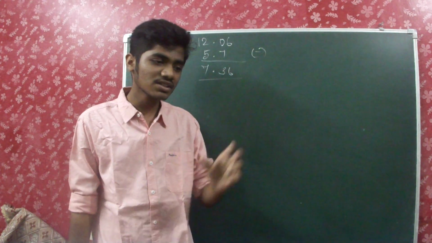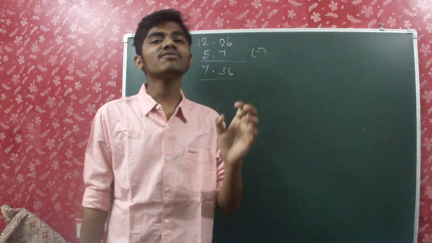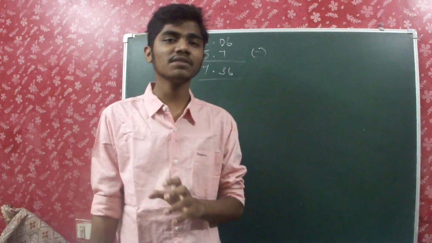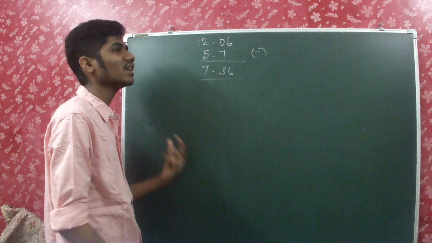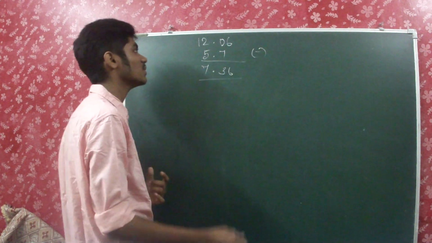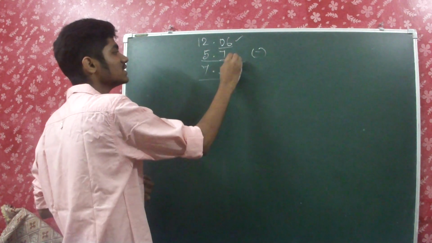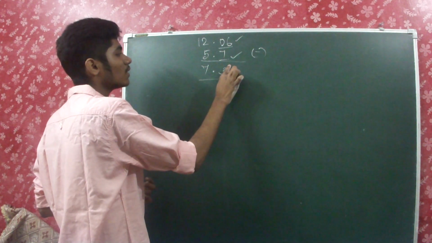And then I told you that when two values are subtracted, always you must keep one thing in mind, that is decimal place. For addition and subtraction, you must keep decimal place in mind, and for multiplication and division, you must keep significant figures in mind. So here, as it's subtraction, we must keep the decimal place in mind, and we have to write the answer in the least decimal place. So here there is 2 decimal places, and here there is only 1. So you have to round off your answer.